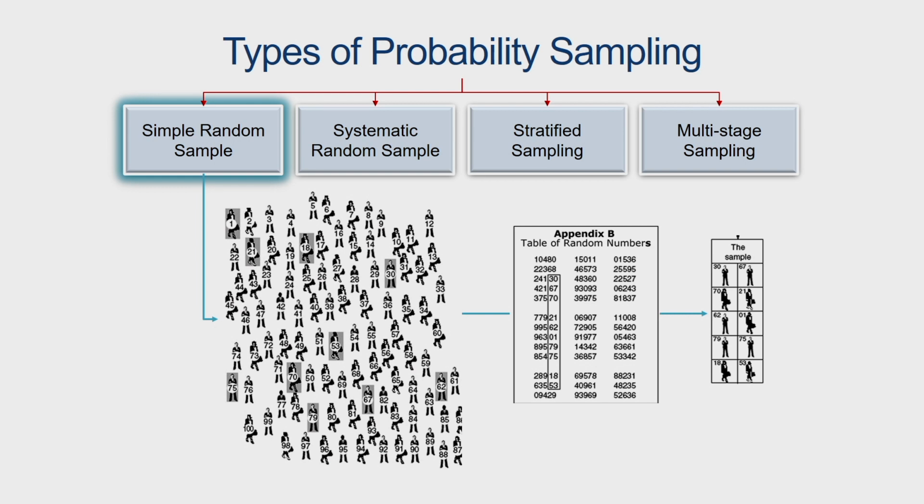As I pointed out, simple random sample is one of the most widely used. So, what we essentially do, suppose this is a sample frame and we have numbers of people from 1 to 100 in this. So, we have a population of 1 to 100, and let us say we want to choose 10 people, we want to draw a sample of 10 people. Then how do we draw a sample of 10 people?